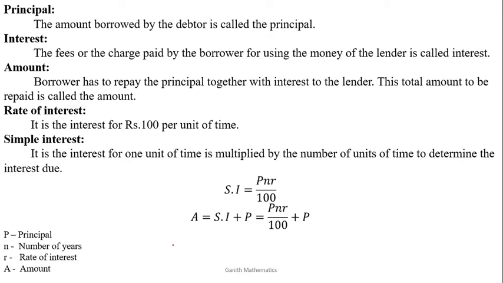First of all, I would like to explain some basic problems. Suppose you are borrowing rupees 10,000 from a person. We consider that as the principal amount, the amount which you borrow from a lender, and we are going to take around 10 years to repay this amount. So the number of years is 10. I denote the number of years by n, and the amount which you are borrowing is P.